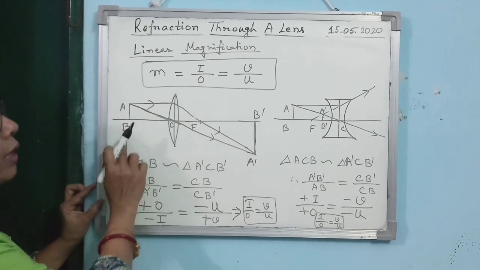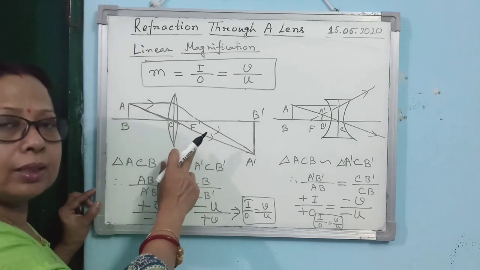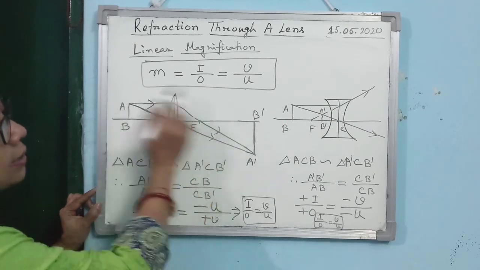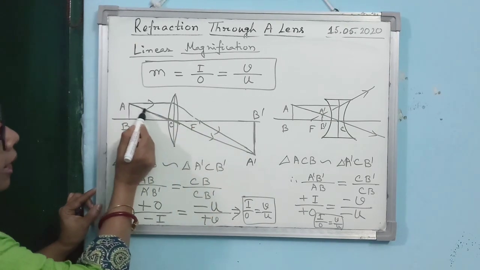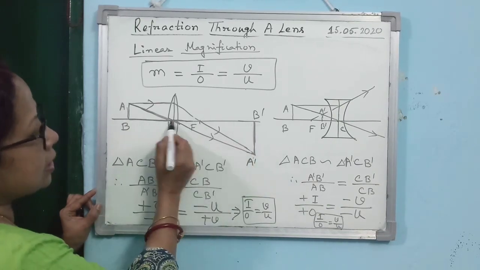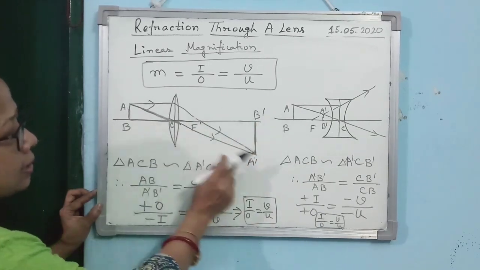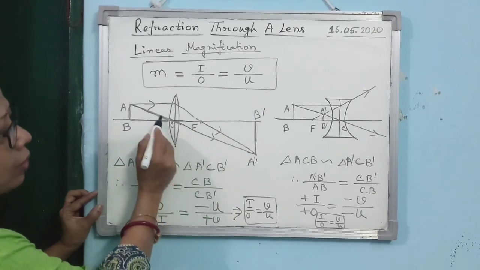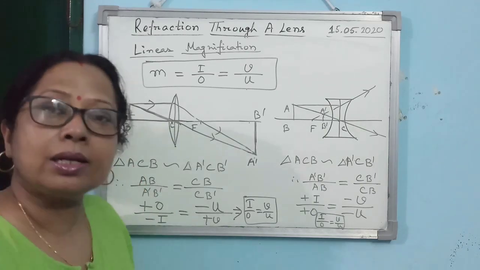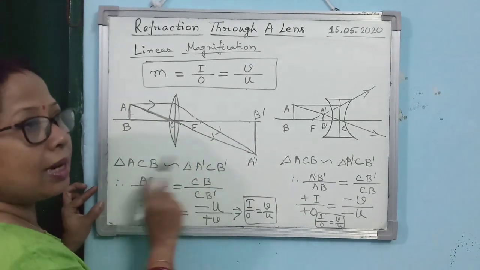So you just consider the image formation by a convex lens. Everybody knows. At least 7 to 8 times you have drawn the diagram already, I hope so, in your study material notebook. Now you see, if you consider this diagram, look at this triangle ACB and this one A dash CB dash. Alright, so ACB and A dash CB dash, these two angles are vertically opposite angles. This is 90, this is 90. So two angles are equal. Then definitely the third angle will be equal. So what you can say, these two triangles are similar triangles.